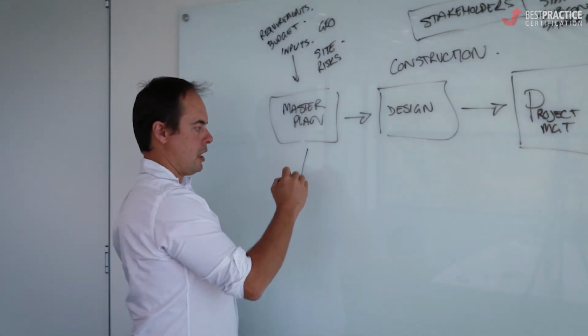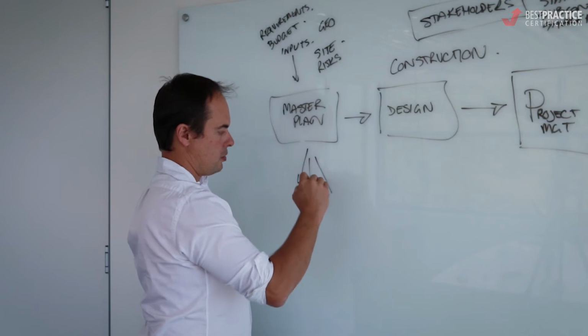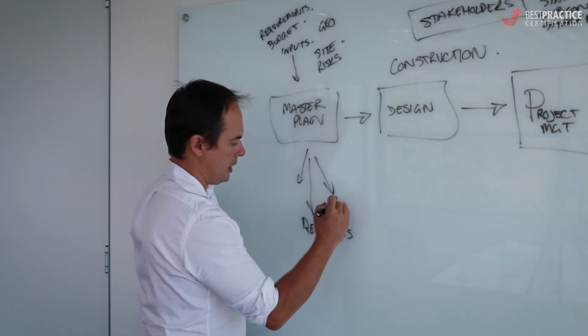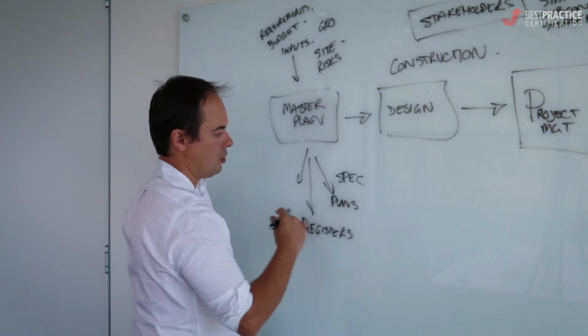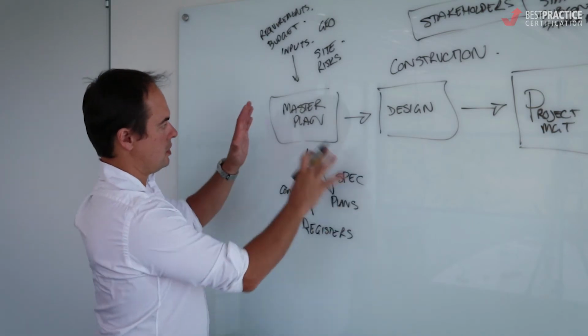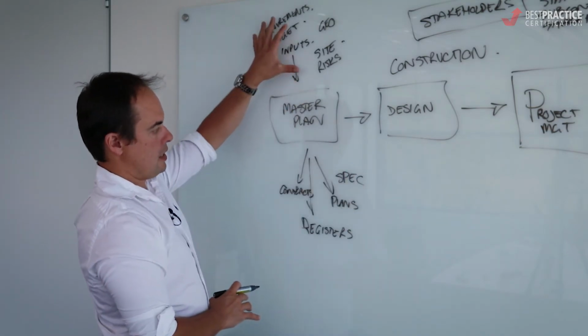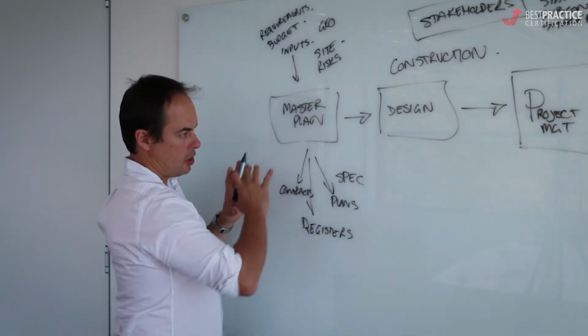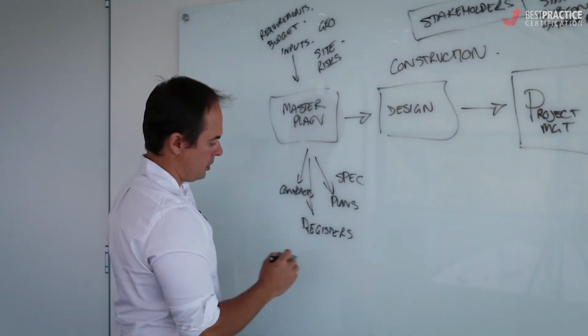This is where we start creating, so that we can keep track of it, some of our documentation. Things like registers, plans, specifications, and contracts. All those are outputs of this process that we then move into the design phase. Now, as we overlay this and look at an integrated risk approach, my question is,